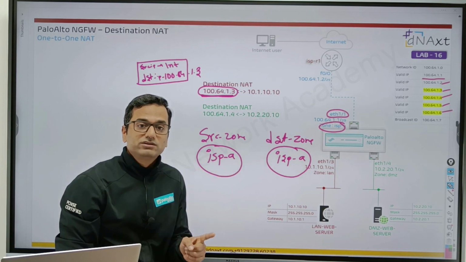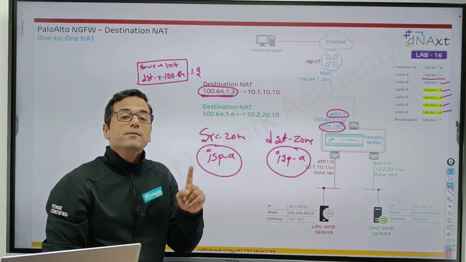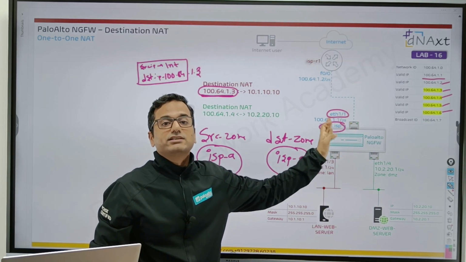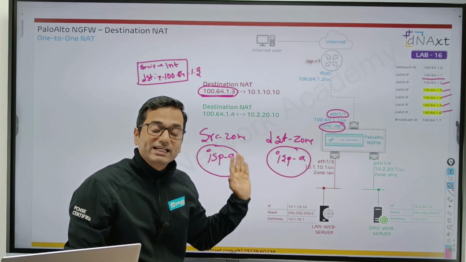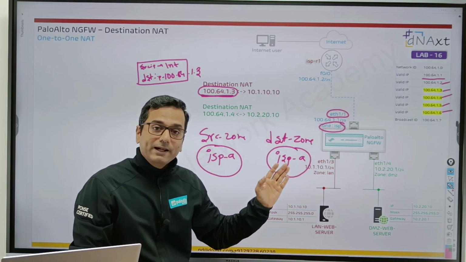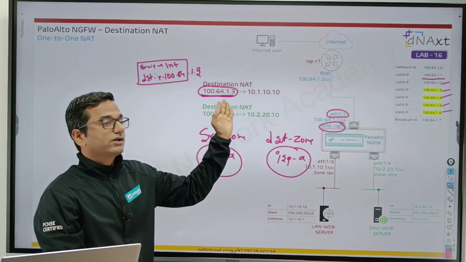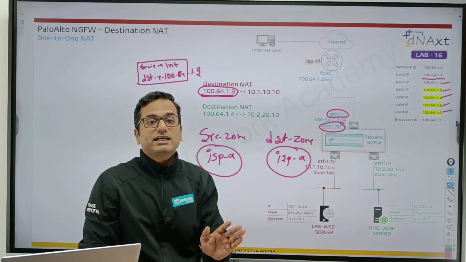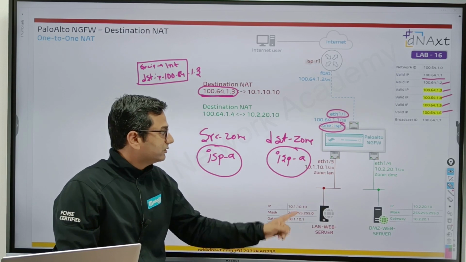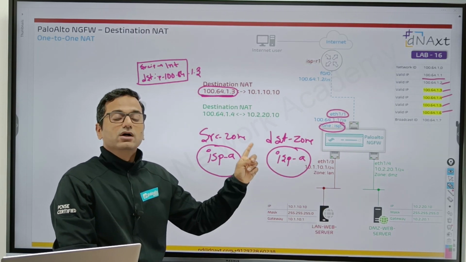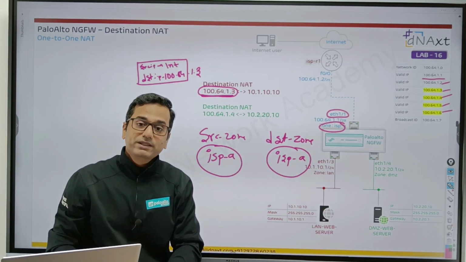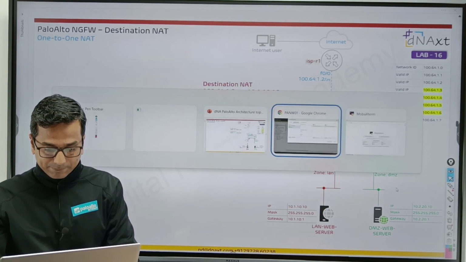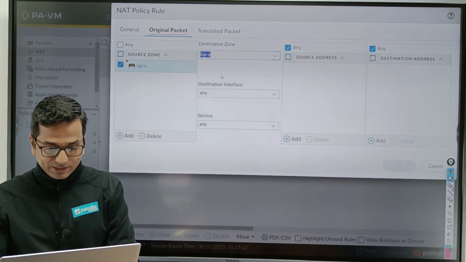In the NAT policy, source zone is ISP-A because the packet is received on interface Ethernet 1/1 and Ethernet 1/1 is a member of the ISP-A zone. And the destination IP address 100.64.1.3 is also directly connected to Ethernet 1/1, so the destination zone is also ISP-A. Okay, got it?